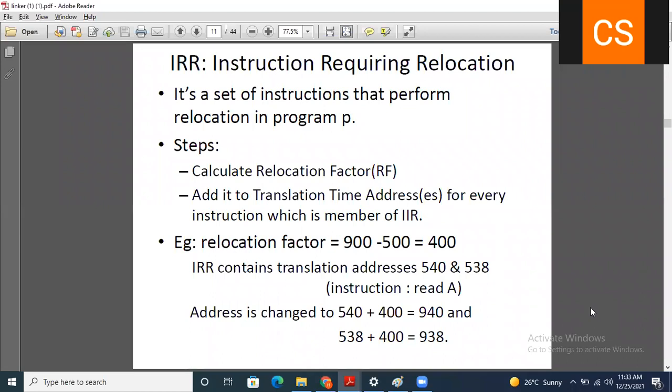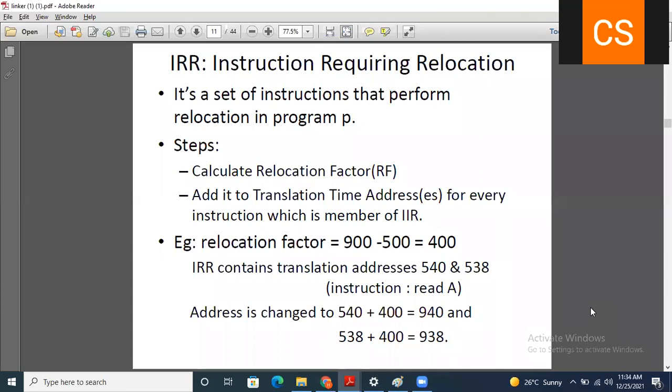Again same. Okay, मागच्या केस मध्ये आपण बघितलं की आपण सिम्बॉल साठी केलंय. आपल्याकडे अनदर ऍड्रेस आहे, that is the instruction. So to transfer this instruction, again the same steps that you need to do. First calculate the relocation factor and then add it to the translation time address for every instruction.